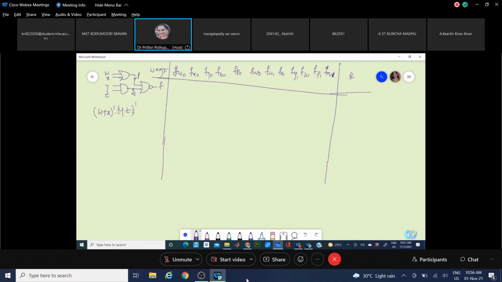Is this correct? What is the full form? W dash X dash Y dash or W dash X dash Z dash. So two terms you'll be getting. That means in these 16 combinations, for these combinations here, output will be 1.